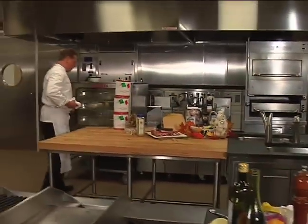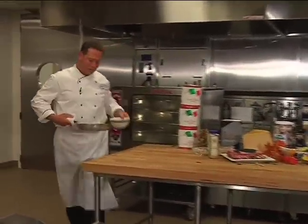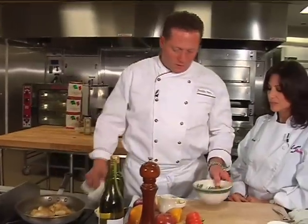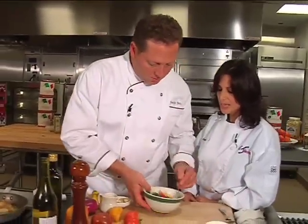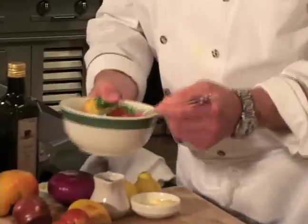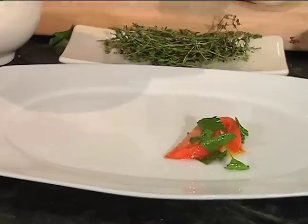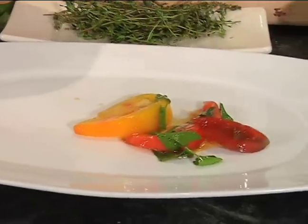And the cod's coming out of the oven now. It only needs a few minutes because it is baking at such a high temperature. How does it look, Franklin? It looks absolutely incredible. It's exactly what I'm looking for. Tomatoes, how hot do they get? Just a little bit? They just warm up. Yeah, they just warm up, and we want to show them off, but at the same time